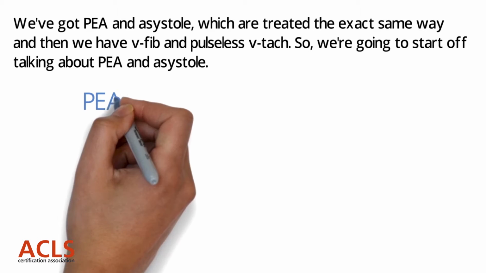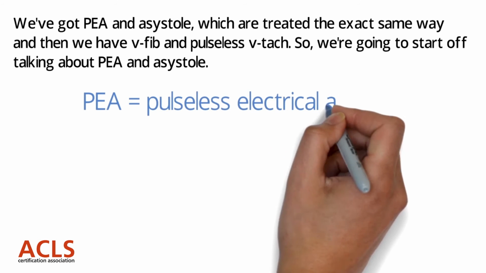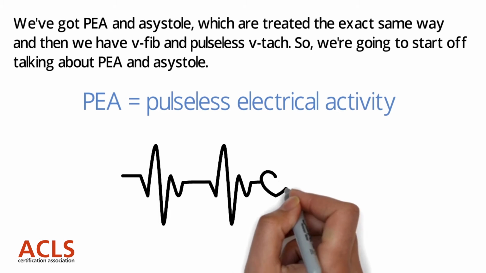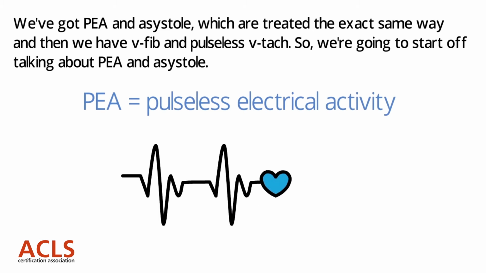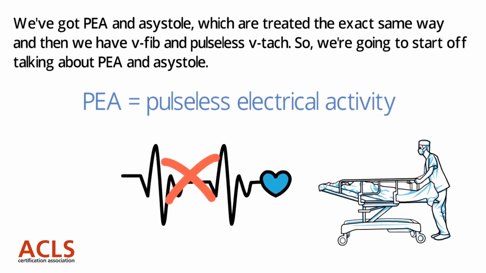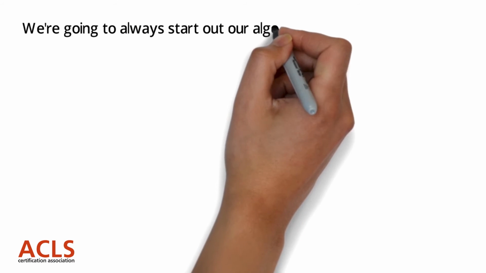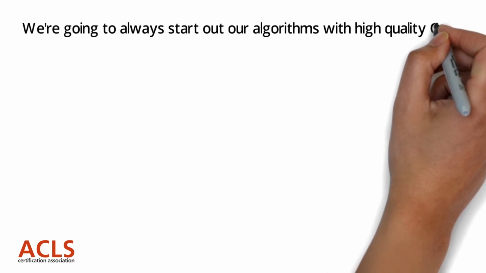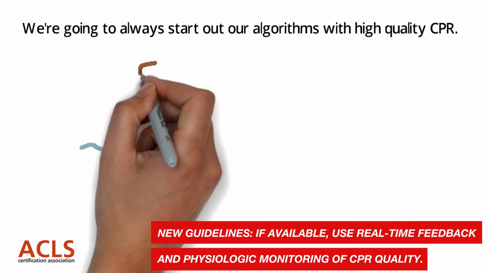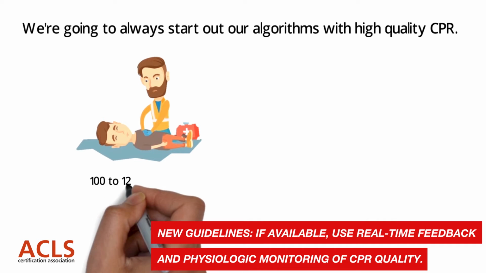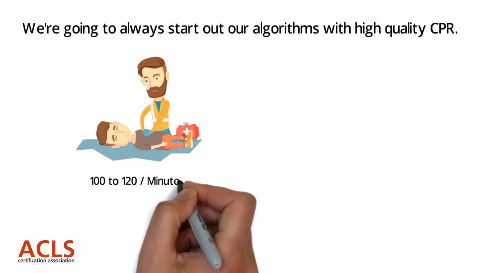Now you know that PEA stands for pulseless electrical activity, meaning that there is electrical activity being conducted through the heart, but it is not sufficient to generate a pulse. Your patient is in fact dead. So we're always going to start our algorithms with high quality CPR. That means beginning with high quality chest compressions at a rate of at least 100 to 120 per